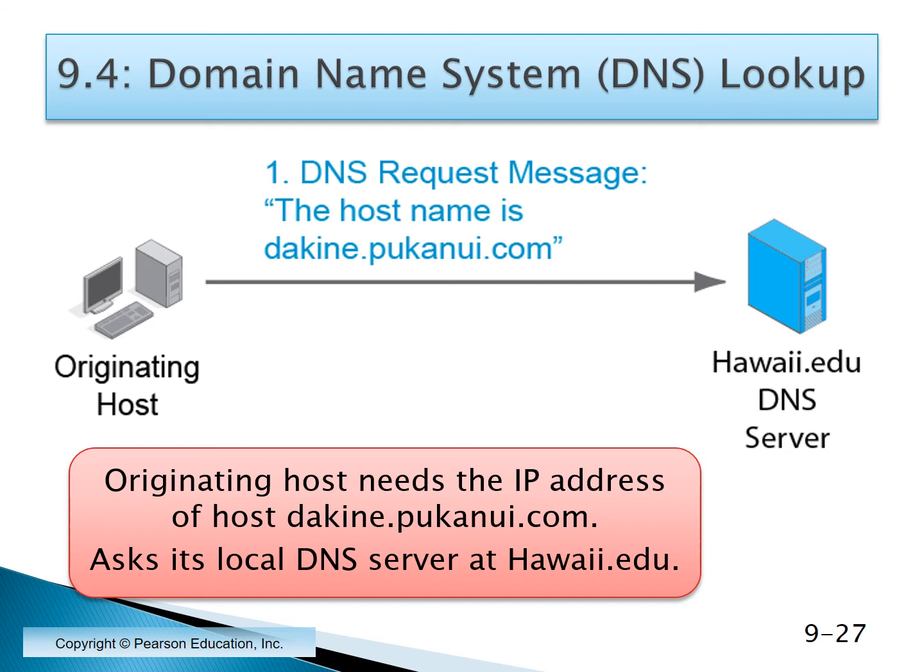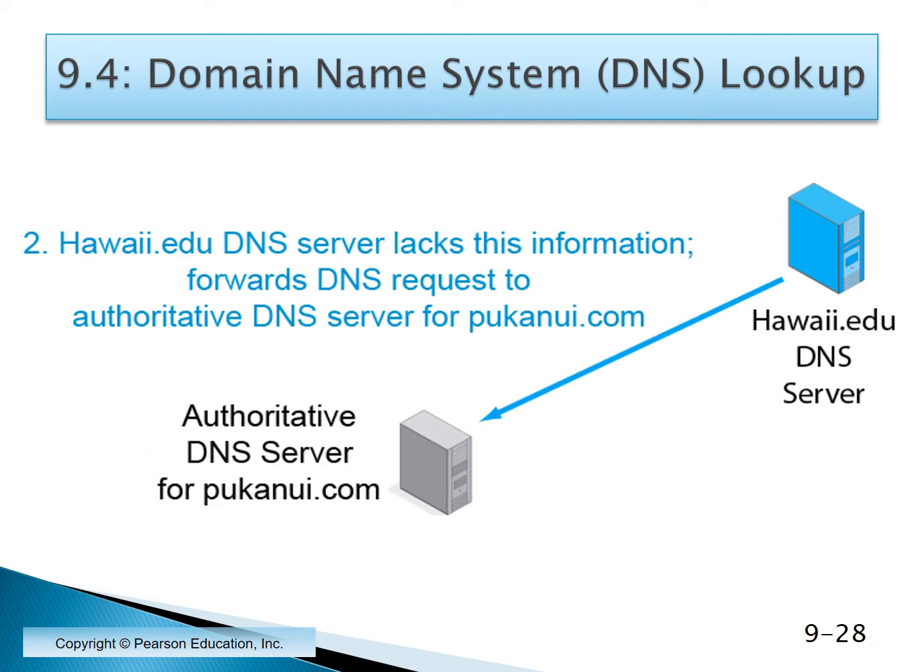So suppose this computer is at hawaii.edu. I will ask my DNS server whether it knows the IP address of this address. And then the hawaii.edu DNS server may have this information, or may not. If this server does not have the information, then it will forward the DNS request to the authoritative DNS server